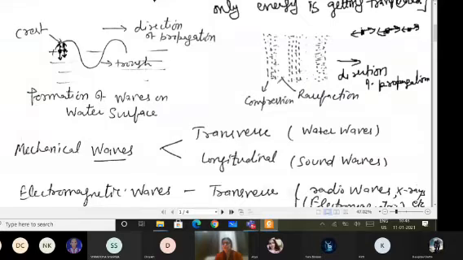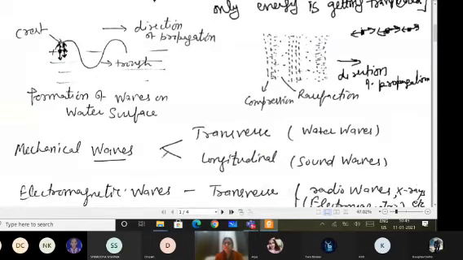While in longitudinal waves, compressions and rarefactions are formed. Compressions are areas of higher density, while in rarefactions the particles are far away from each other. So in rarefaction, low density of the particles is there, while compression is an area of high density. This way, you should be able to differentiate between transverse and longitudinal waves,